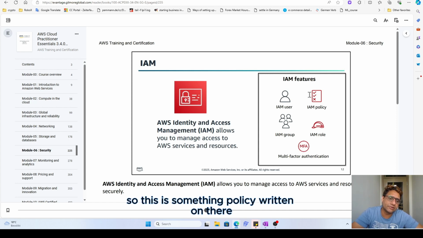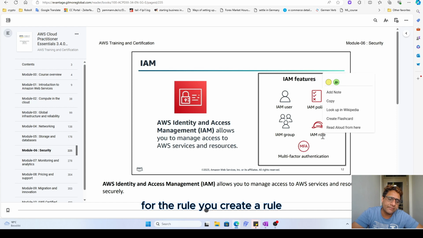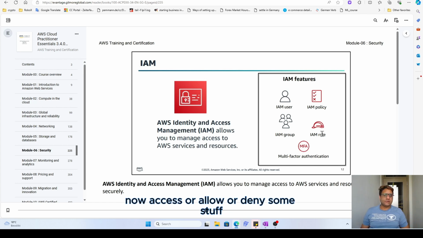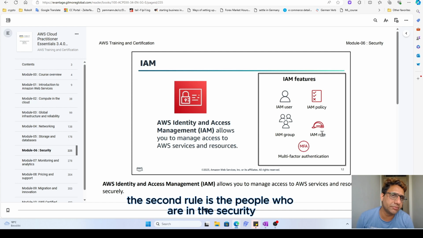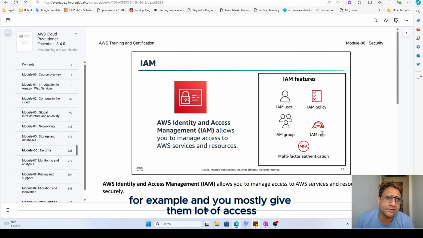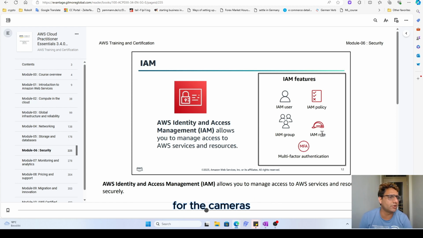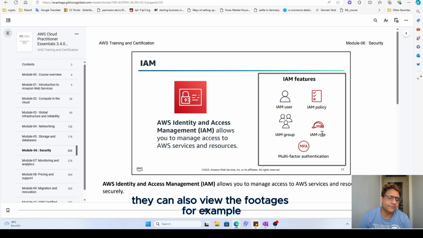So this is something, a policy written on there for the role. You create a role, you attach that policy to the role, and that role automatically now can allow or deny some stuff. The second role is for the people who are in security, for example, and you mostly give them a lot of access. So for the back doors, for the private rooms, for the cameras,